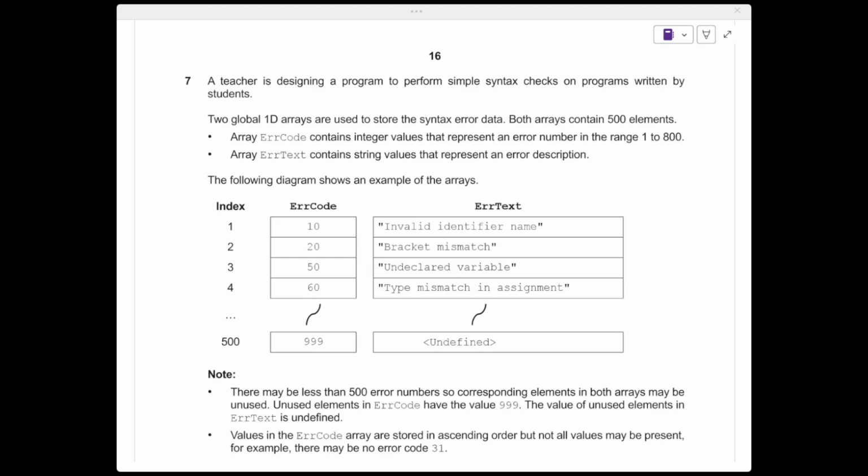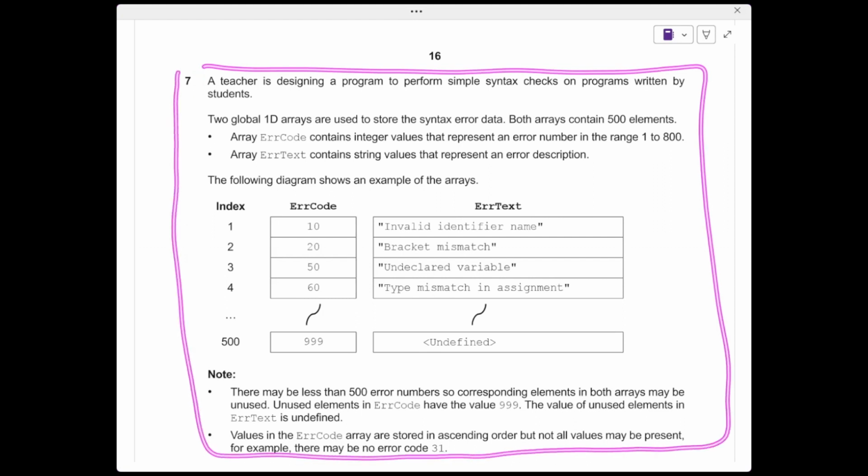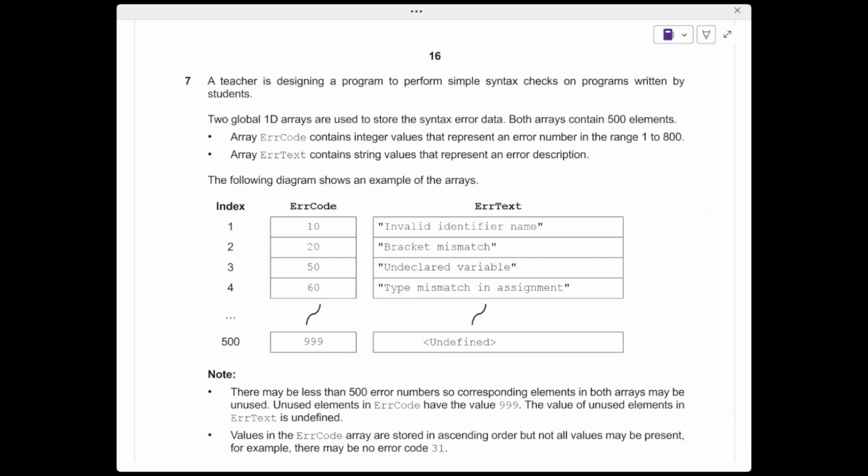Hello again. This is the last question, question 7. I will give you time to read the problem. Please pause the video and read it before correcting it. Okay,